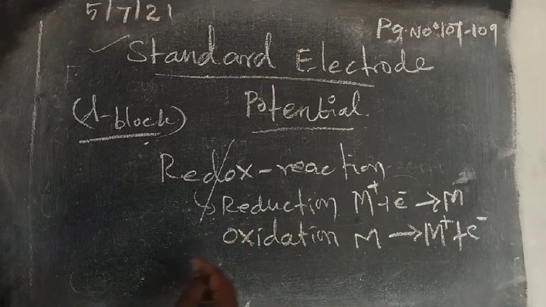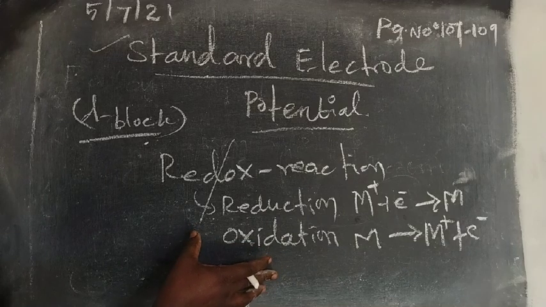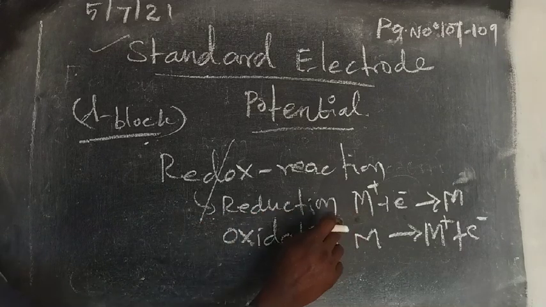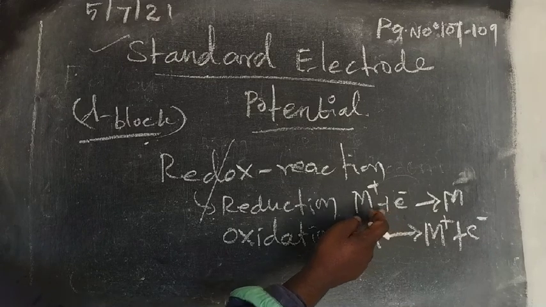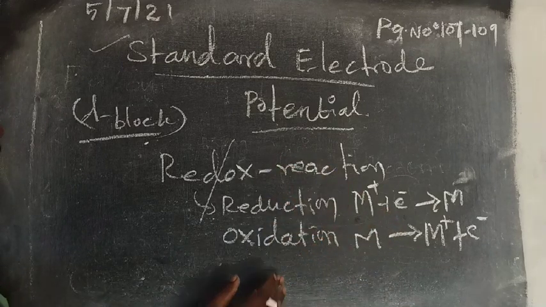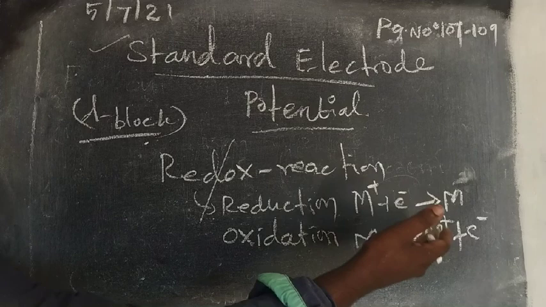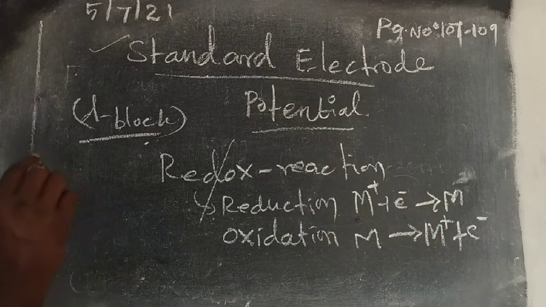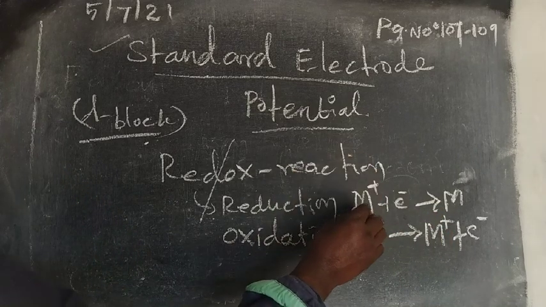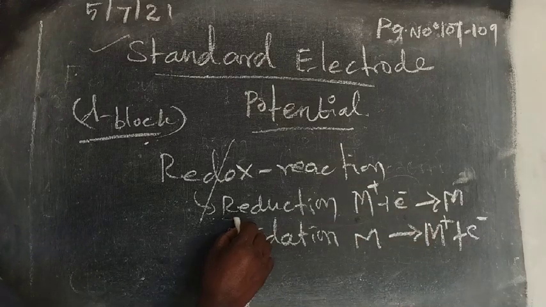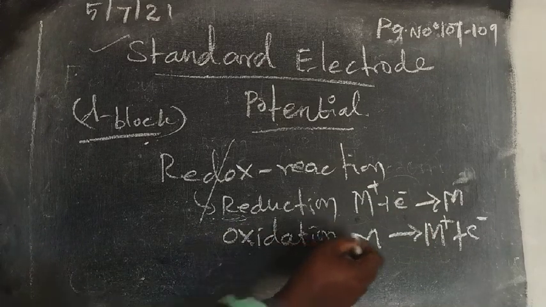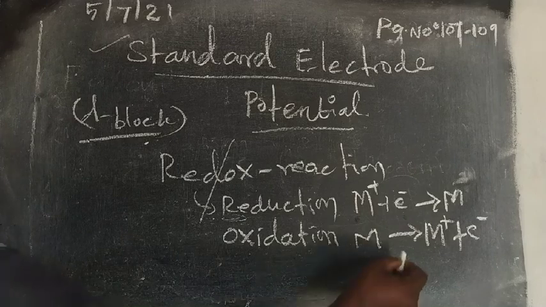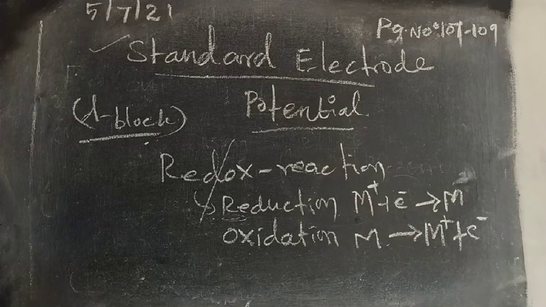Oxidation and reduction we may study as addition of oxygen or removal of hydrogen, like different definitions. In this unit, we are explaining reduction based on gain of electron, and oxidation based on donating of electron. So in the same reaction, one element may gain electron, it is undergoing reduction. Another metal may donate electron, which is undergoing oxidation.